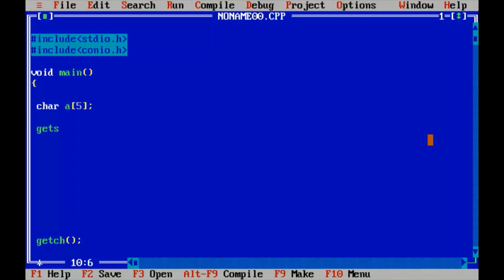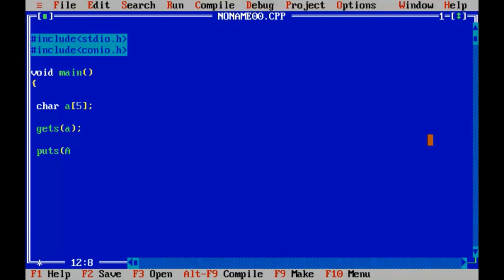So the gets function works a little differently here. Type the function name, which is gets, and in the brackets type the variable name. So gets of a. Remember, put that variable in which you're going to store the string. Here a.